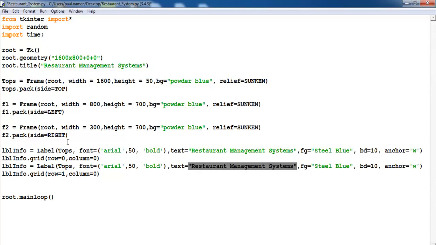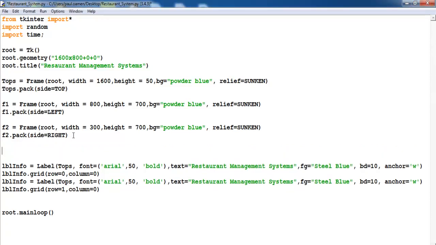So let's create a function for time right here, maybe underneath here. So right underneath here, let's place it right here. Let's go for local time